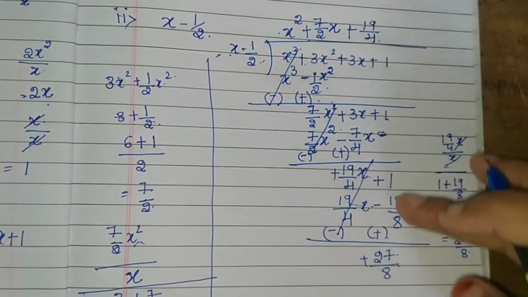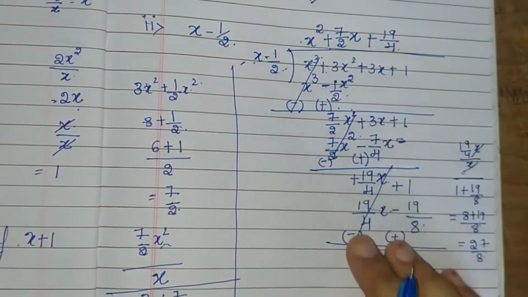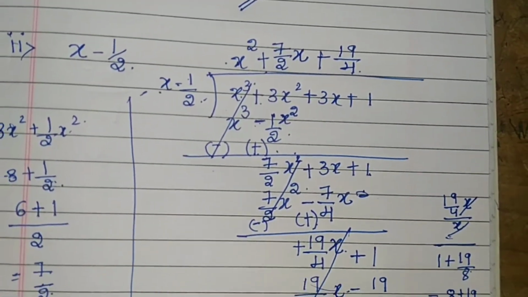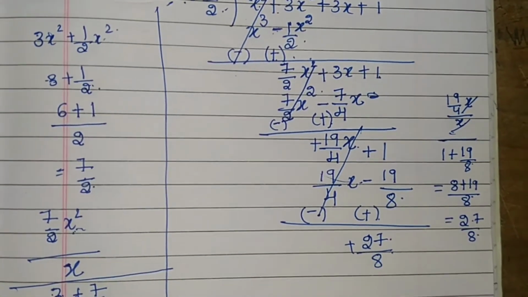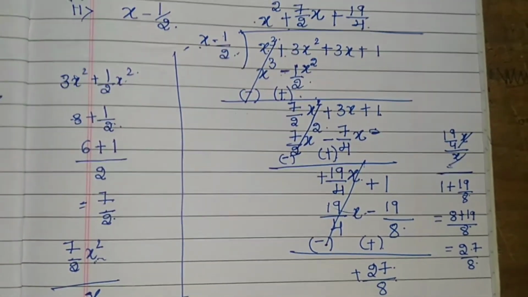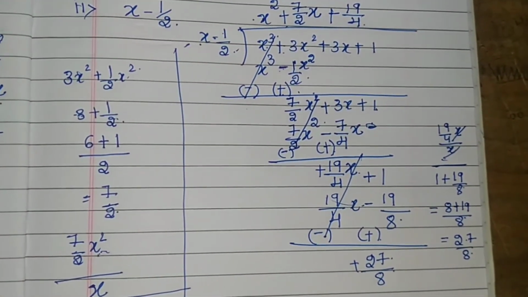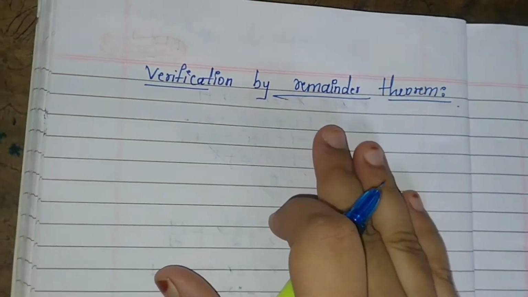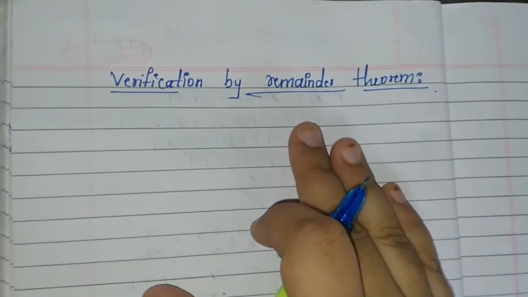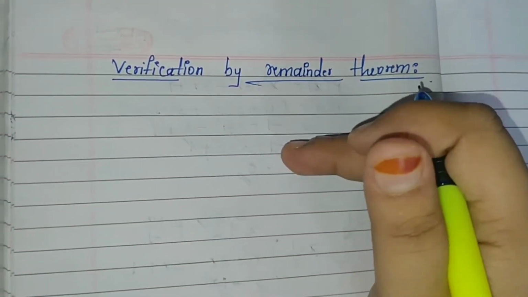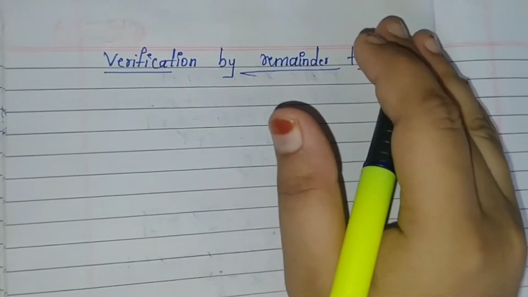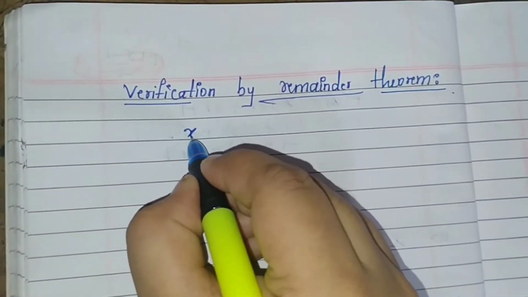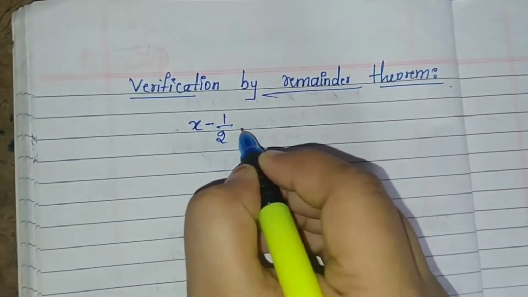So this is the long division method. So we can verify this by using the remainder theorem. So just see this once again. So remainder what we are getting over here is 27 by 8. Now the same problem will verify this by using the remainder theorem. So I told you whenever you are using the remainder theorem, first you have to find the zeros of polynomial of the divisor. Okay, here your divisor is nothing but 1x minus 1 by 2.